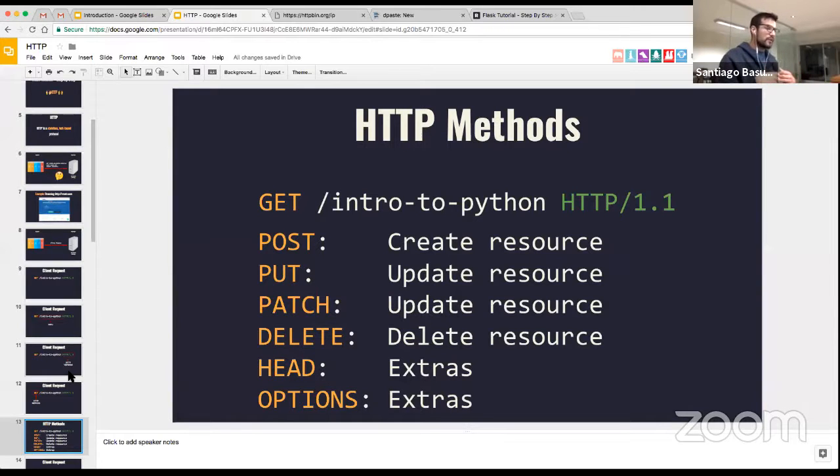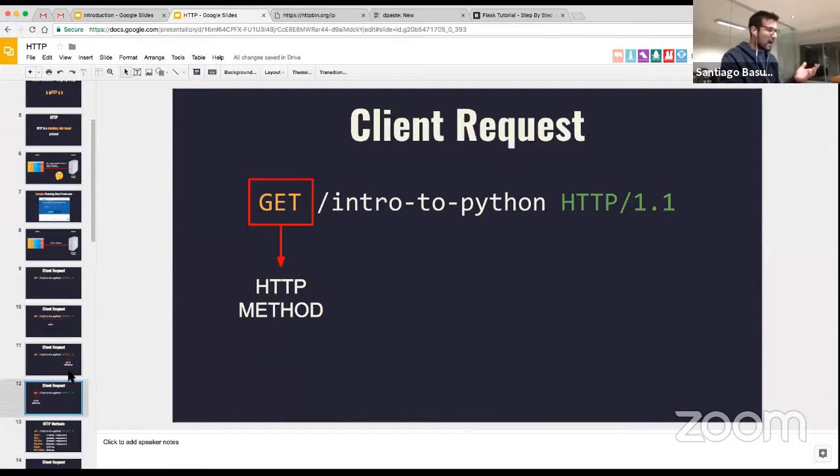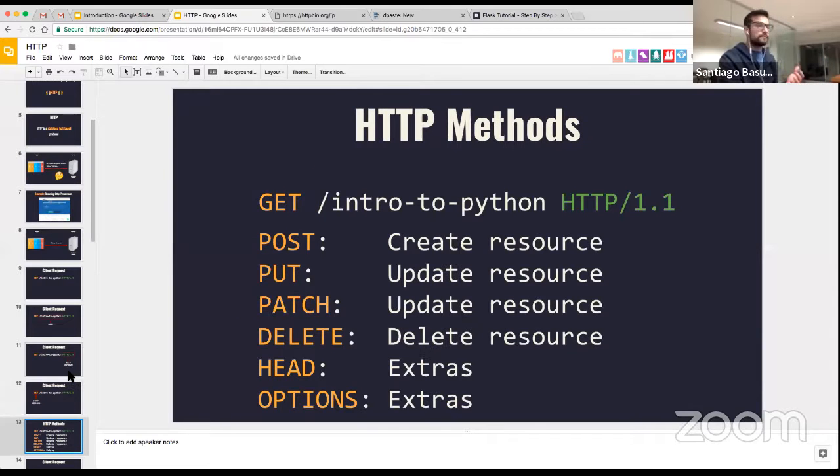The other types of HTTP verbs or action methods that we have are, for example, post, put, patch, and delete, and these have, of course, different meanings. Post will try to create something. For example, if we are using the Twitter